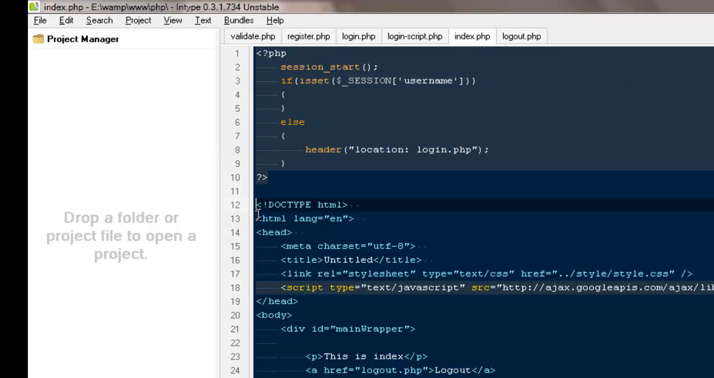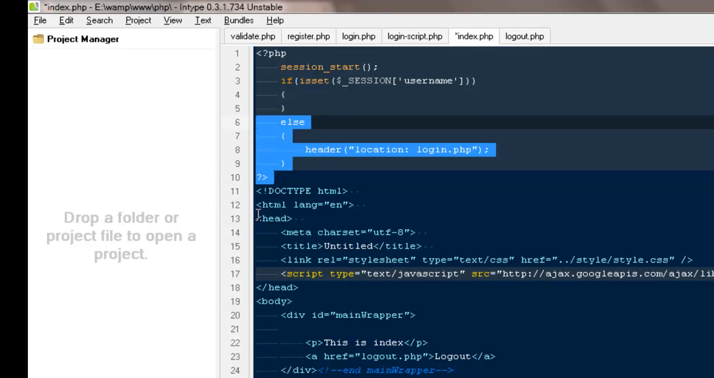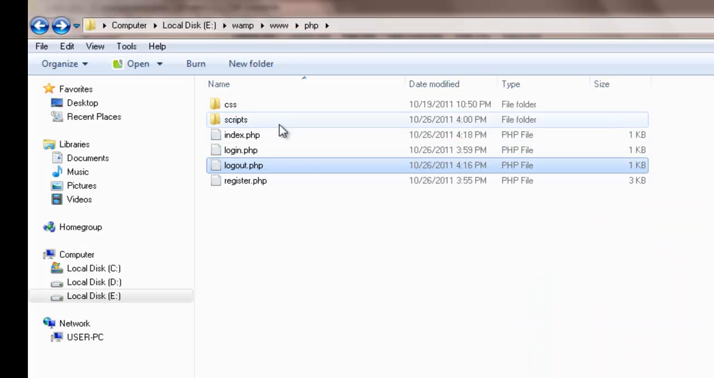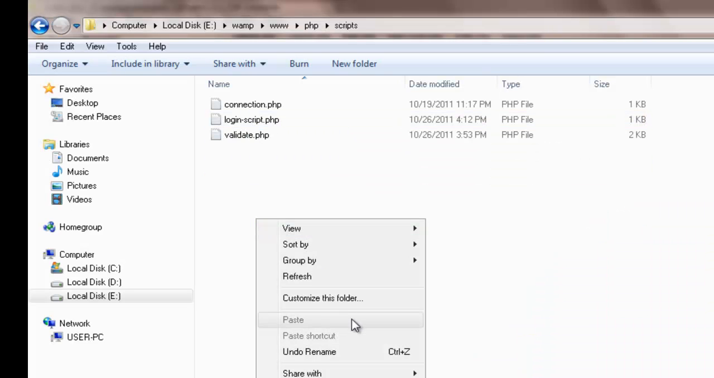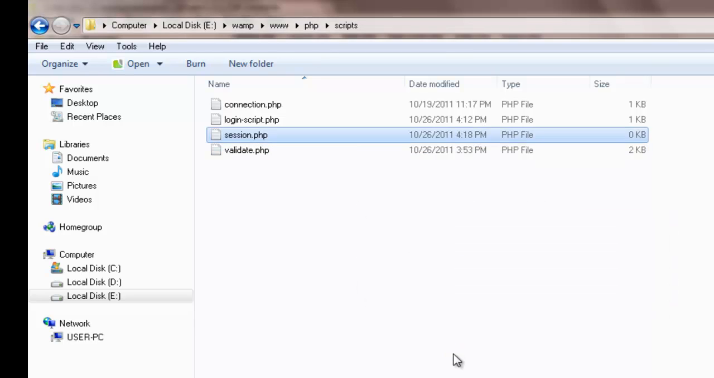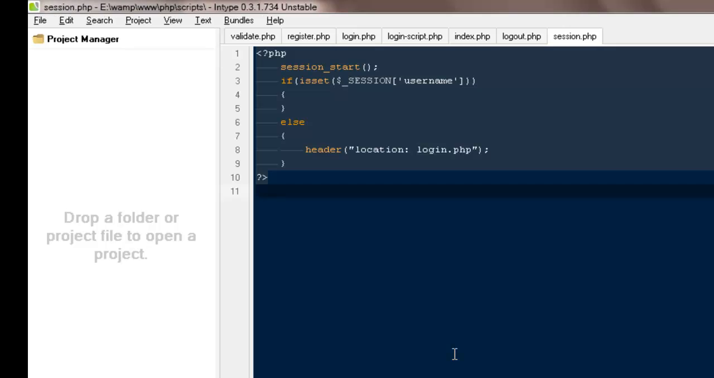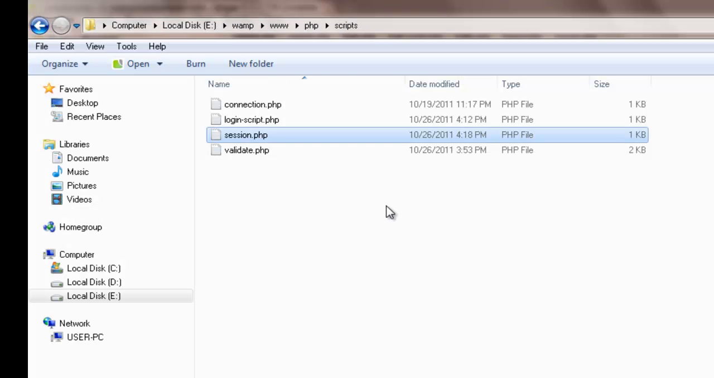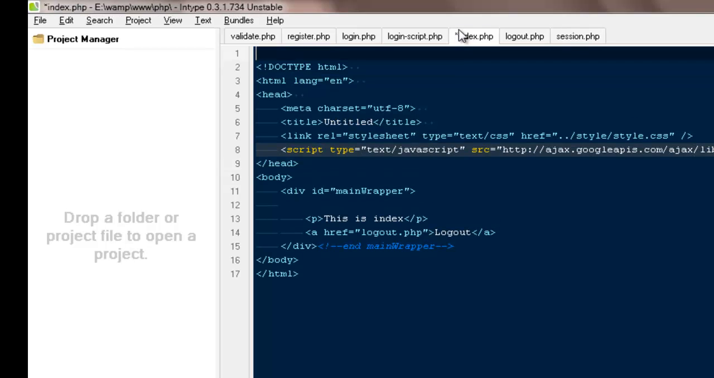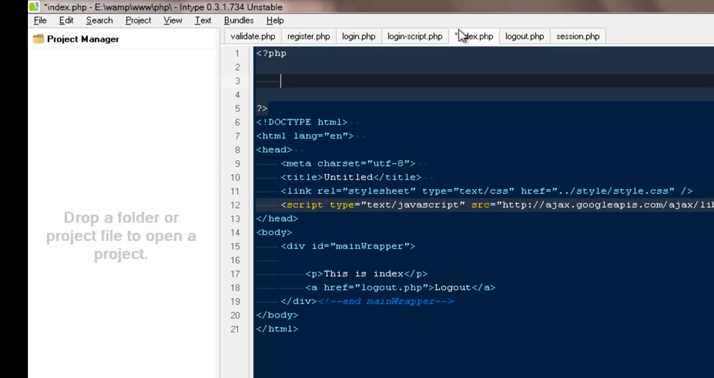Now what you people can do is copy this particular code and take it away from this page. Inside your scripts folder, you can create a new file and name it session.php. Okay, just paste it out here, don't change anything. And now you can include this file on the very top of your index.php page. So I'm gonna say include once